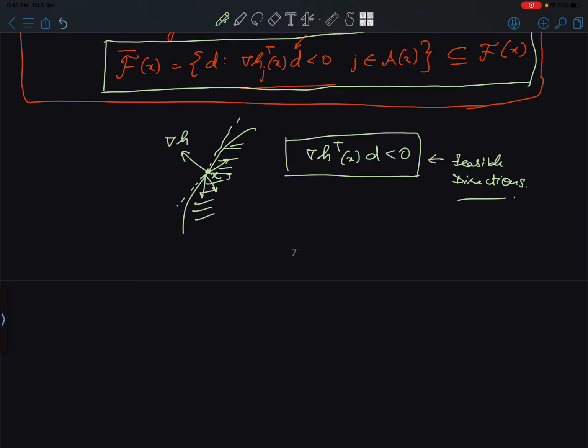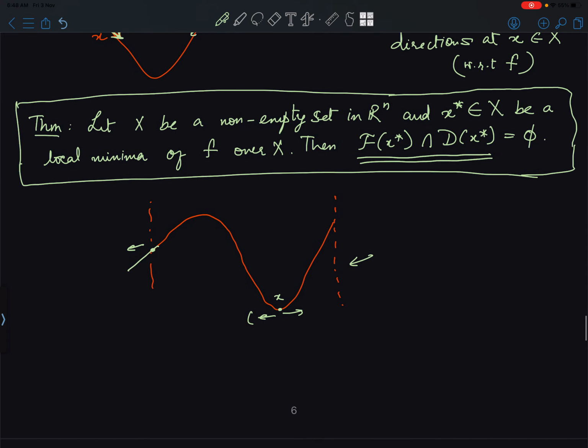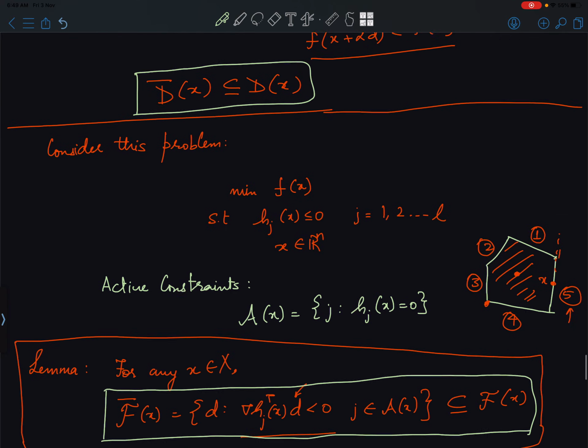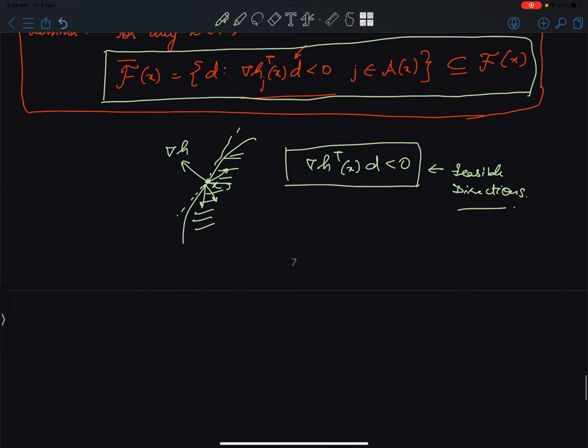Okay, so now if you remember, we had the theorem stated that if we are at a local minima, then the set of feasible directions and the descent directions, the intersection of both of them is a null set. So if d bar is a subset of d and f bar is a subset of f, then